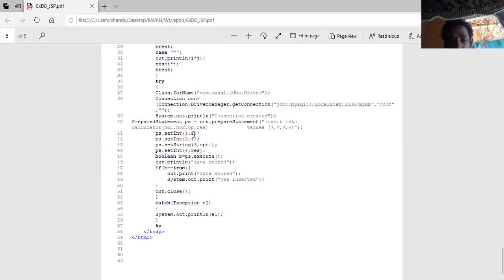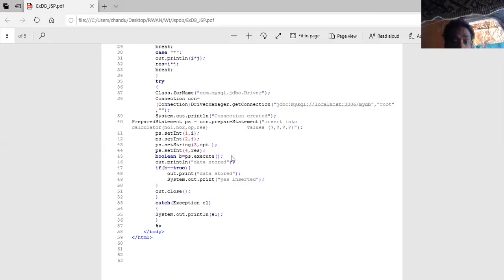Now the first question mark is i, that is nothing but number 1. The second question mark is j, that is number 2. The third question mark is OPT, the option. The fourth question mark is result, which we calculated. Then boolean b equals ps.execute.